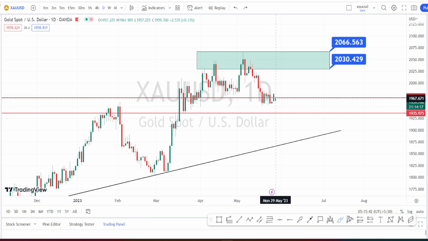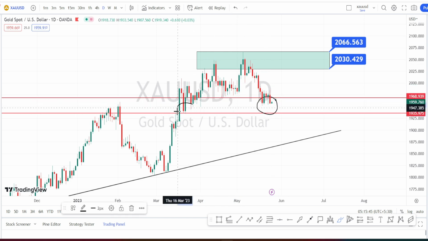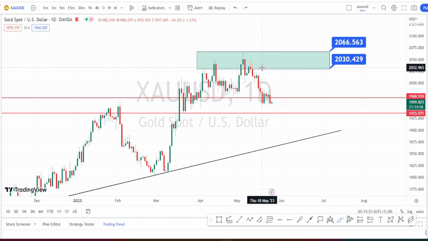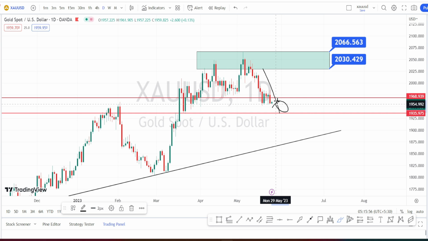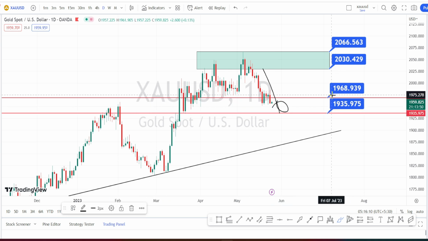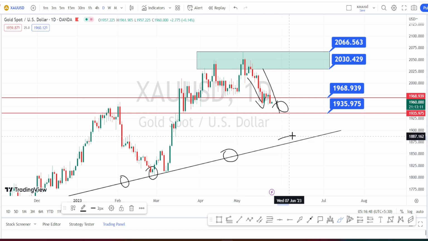And when we ask the question whether the bearish side trend reversal has started, till now the trend reversal has not started, because it is taking support on the previous support level, which was between 1968 to 1935. But in the lower time frame, we can say that it has made a trend reversal, whereas in the daily time frame, it has only made a retracement to the previous support zone, because the current trend of the price action is still in a bullish trend, and it is trading above this trend line or the support line. And only when the price action breaks this support line, we can call it a bearish side trend reversal in daily time frame.